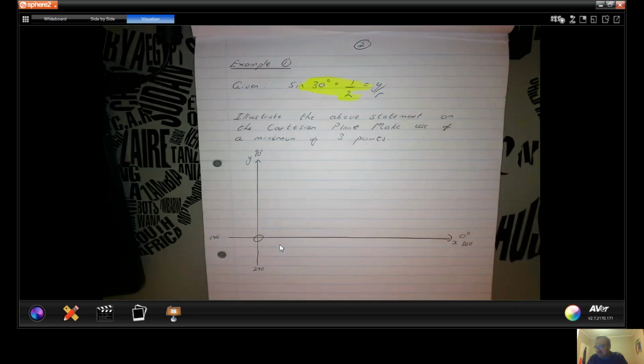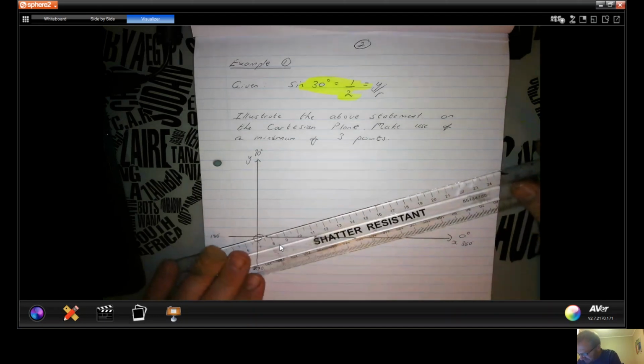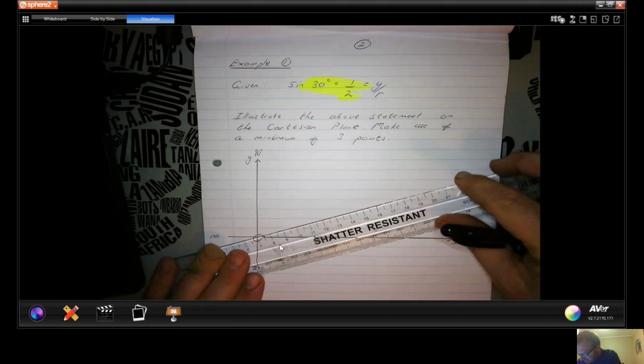What is that telling you? It's on the Cartesian plane. It's telling you that if you draw at an angle of 30 degrees for any point on that line, then the ratio of the y-coordinate over the radius is equal to 1 over 2. So if you measured an angle of 30 degrees, well, this is just a guess, sine of 30